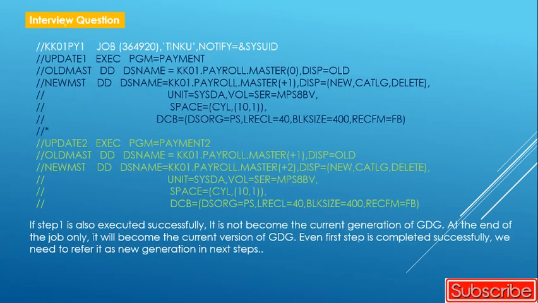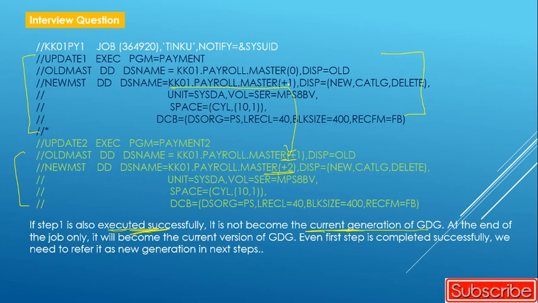And one interview question is there. There is a first step in which you are creating the GDG generation plus one, and in the second step you are using the plus one version which was created in the first step. So even if step one is executed successfully, it does not become the current generation of the GDG.